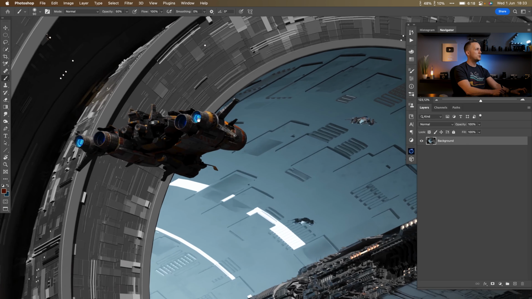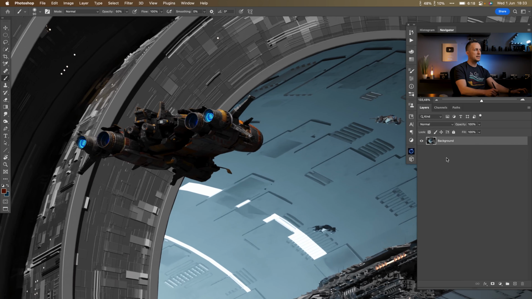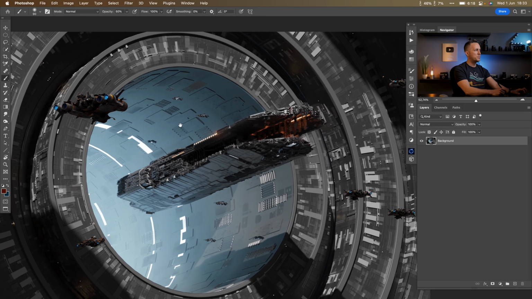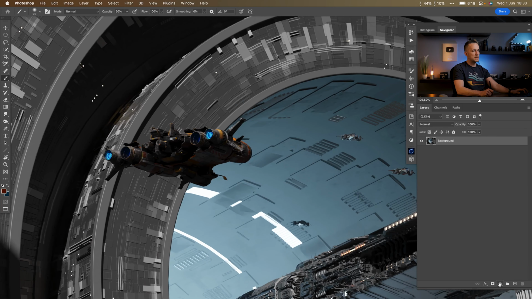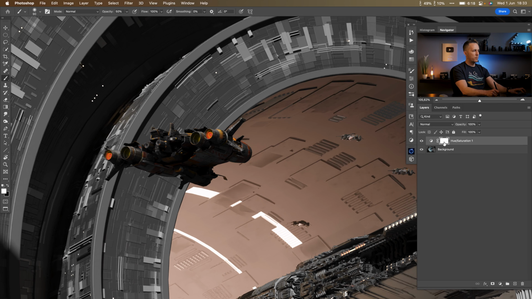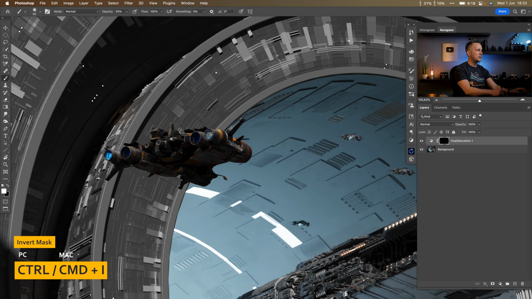Okay, so first I want to change the color of the engines here. I want to have these ones to be orange and these ones to be blue. In order to do that, a simple and easy thing: a hue and saturation adjustment layer, and just go to blues and expand them a little bit more here. Okay, and I want to change it to orange. So let's expand it a little bit more, like that. Perfect. And I want to invert the mask, Control Command I, and